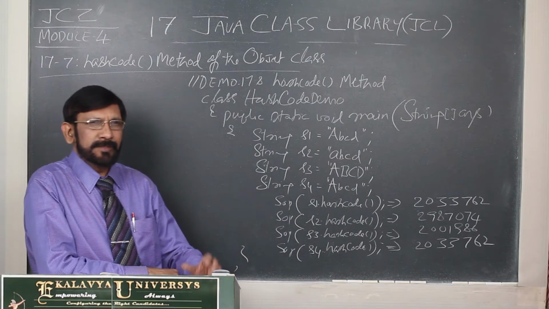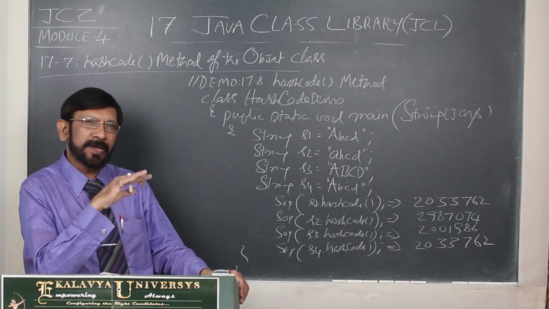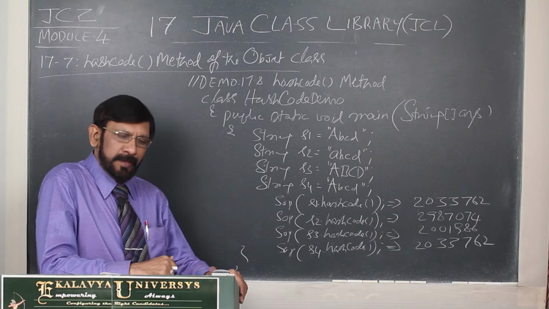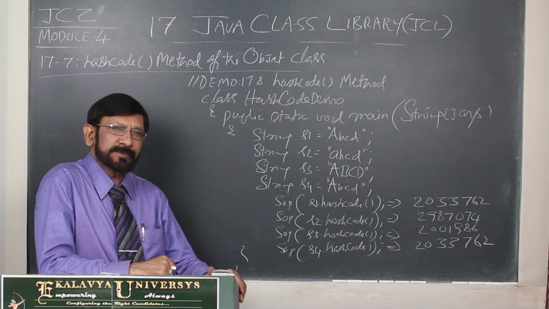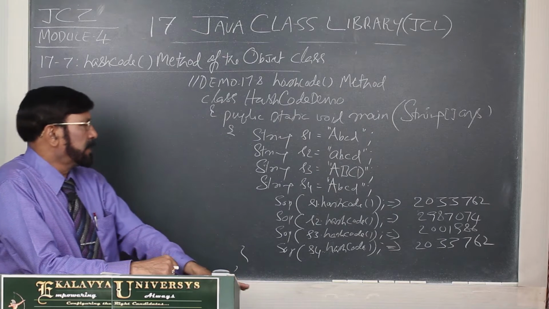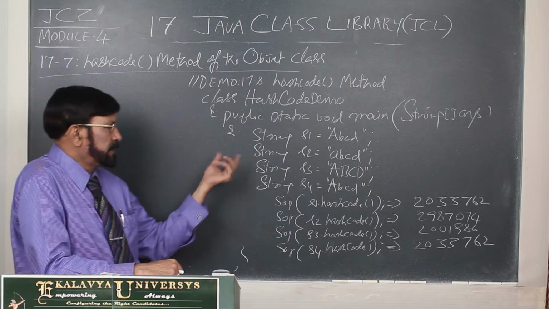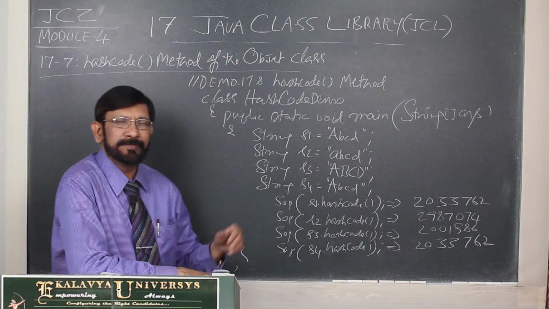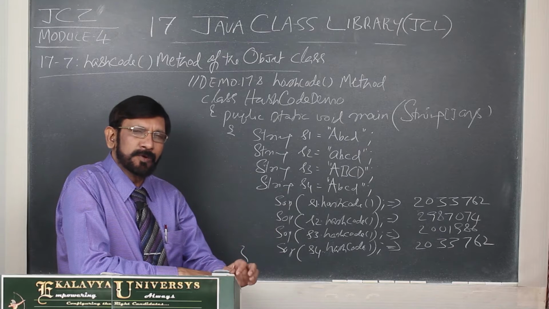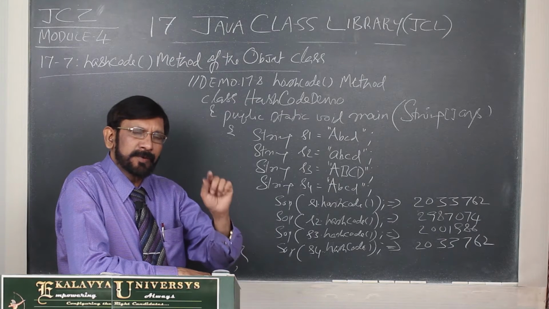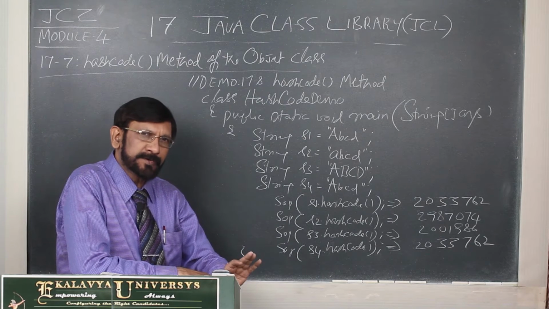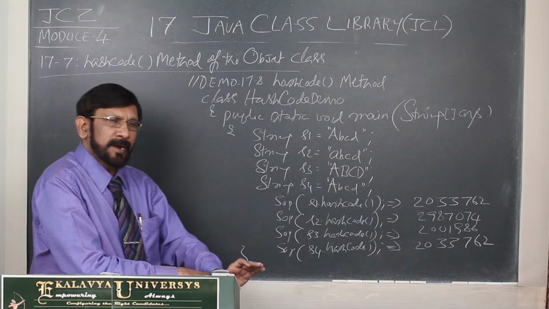Actually, these hash codes are used in hash table. Hash table is one of the collections in Java that we are going to discuss in the last chapter, the collection framework. Now, let us see how the hash code works. Here you see, any object, it may be a string object or a non-string object, one hash code is created whenever an object is created. It is unique. There is no question of duplication for different contents.